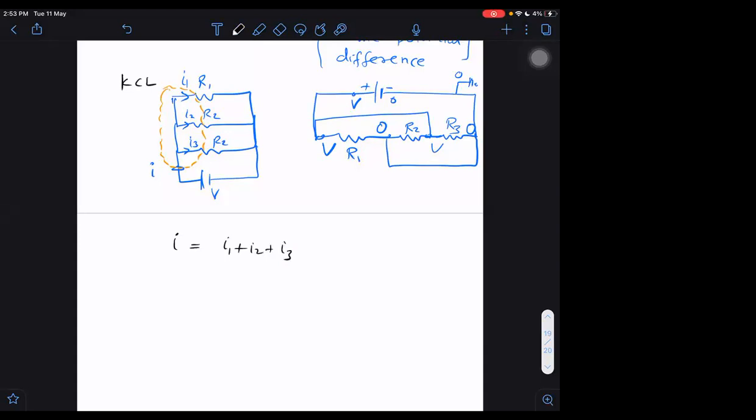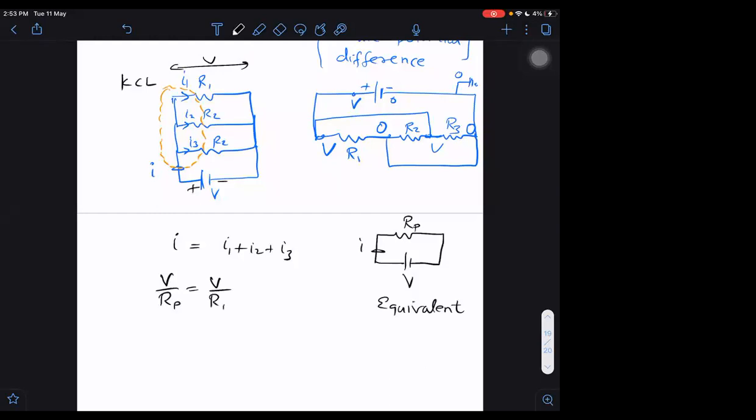Right. But I can tell this current I should be equal to the current which is finally passing through the effective parallel combination. The same current should pass, then only we will say it is equivalent. Otherwise, how can we say equivalent? We can say equivalent if it carries the same current. Therefore, I can write it as V upon Rp. But I1 was V upon R1, plus V upon R2 plus V upon R3.